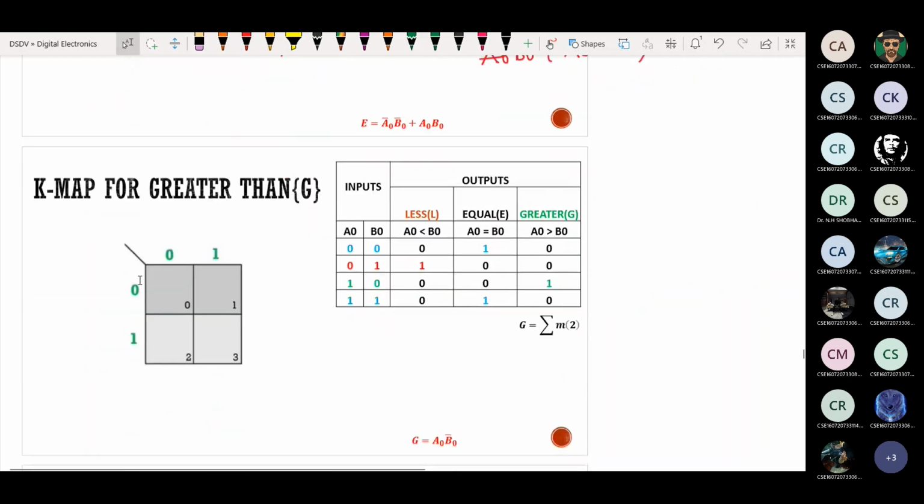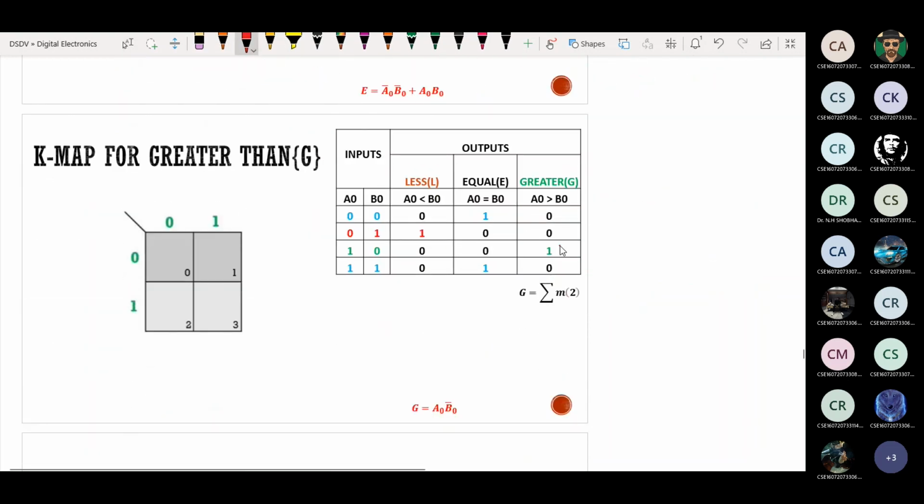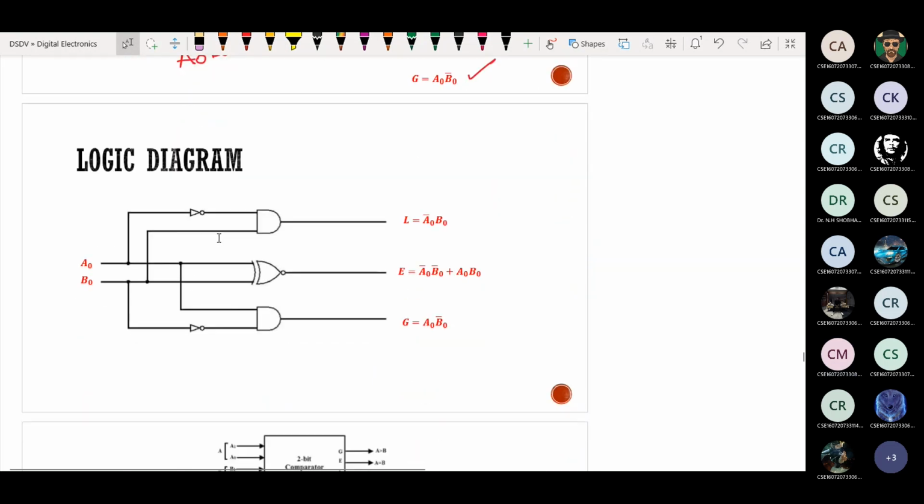Next, K-map for greater than. In which position should I put 1 now? 2 position. What is the grouping? Singles. This is A0 B0 bar. A0 B0 bar is the answer which we got. After this, draw the logic diagram.